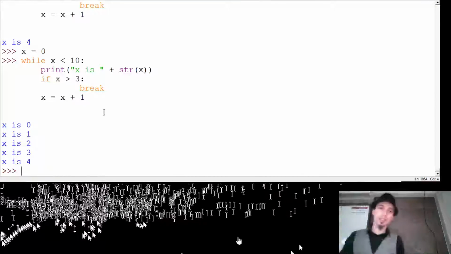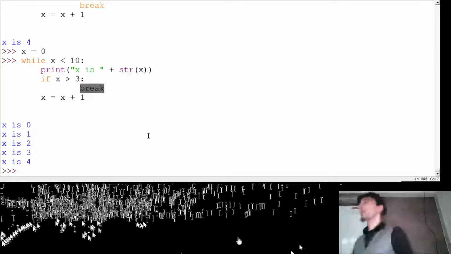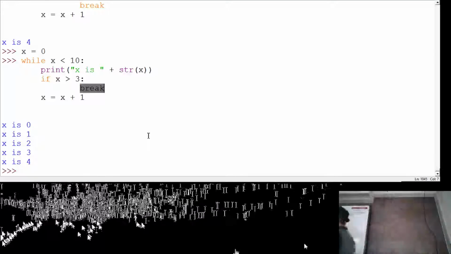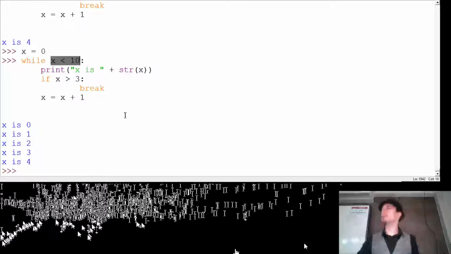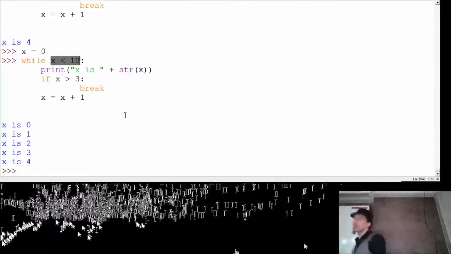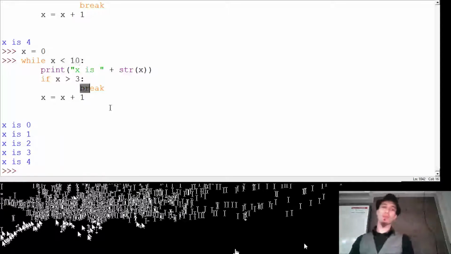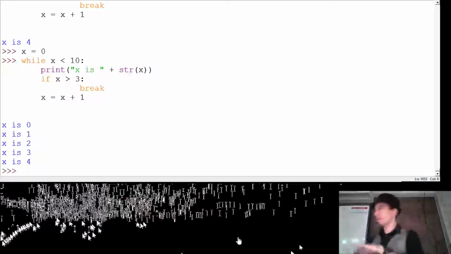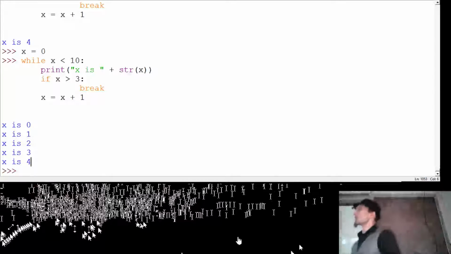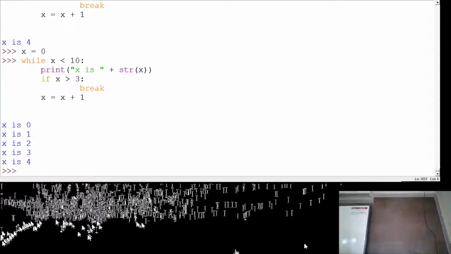Break took us a little while to get there, but break will exit the current loop. In this case, the loop was going to run while we were less than 10, but because we broke when x was greater than 3, when x was 4 it broke out of the loop and the loop ended. So that's really nice if normally you want to go up until some point, but there's some reason that you want to stop early. This also works for for loops. So you can say,